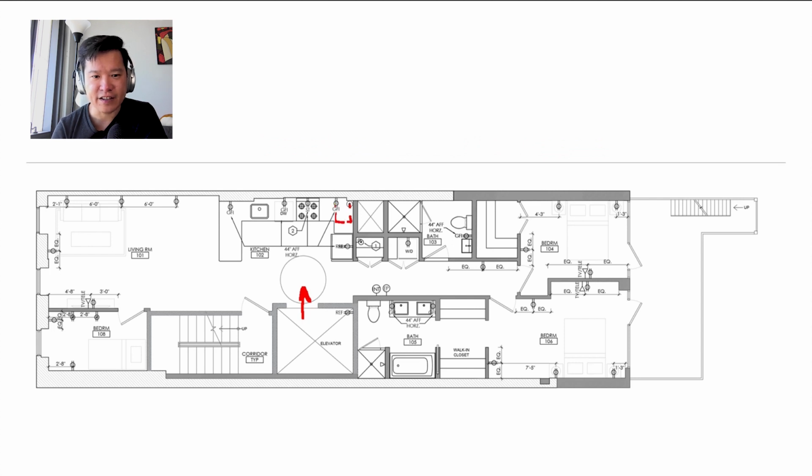Next, I hate the top right corner of the kitchen. It is dead space to me. I've seen this kitchen layout in so many apartments, and I have a similar one in my own kitchen, and I hate this corner. The opposite corner has a problem too. We actually spent so much time on the kitchen that it's going to get the entire next episode,